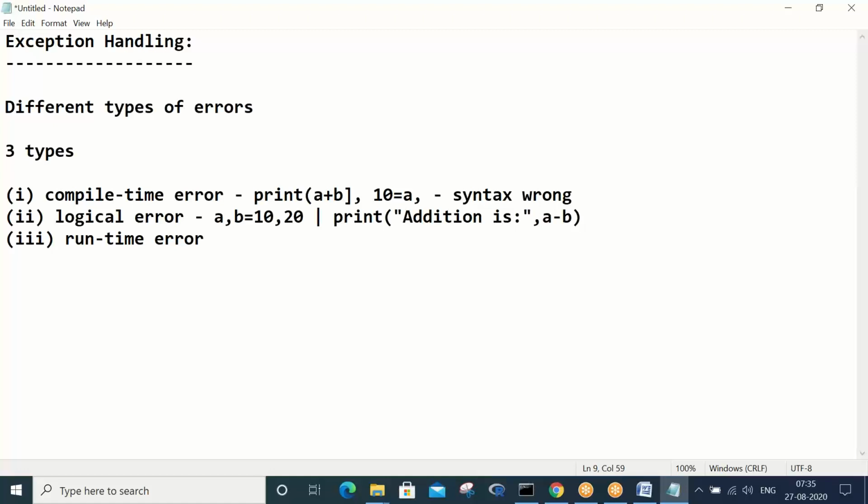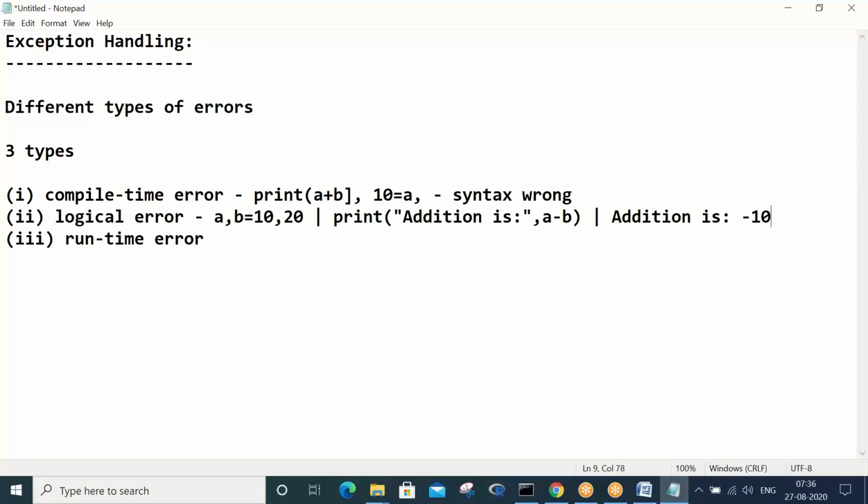When you give it like this, guess what is going to happen? Your result is how much? Minus 10. The result is minus 10, correct? It will show minus 10.